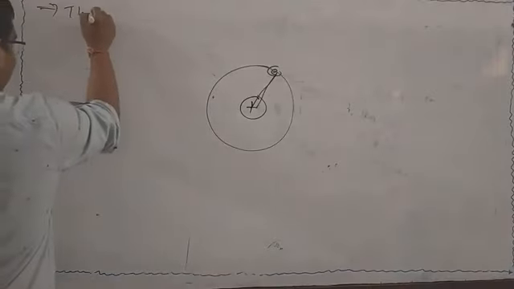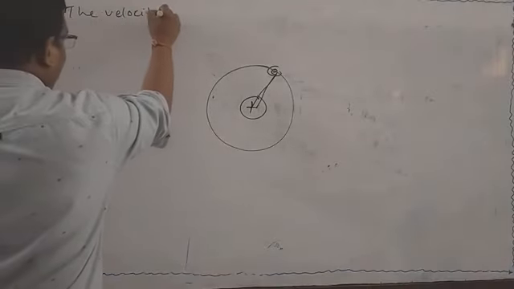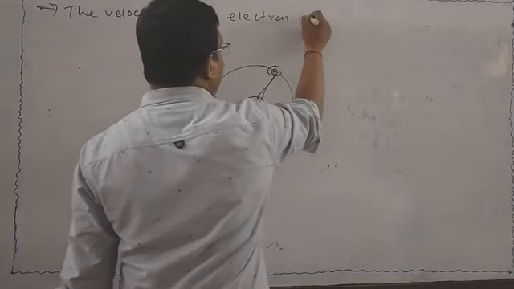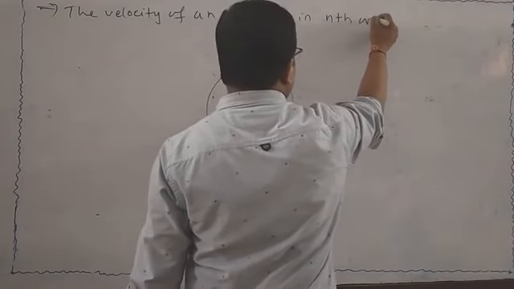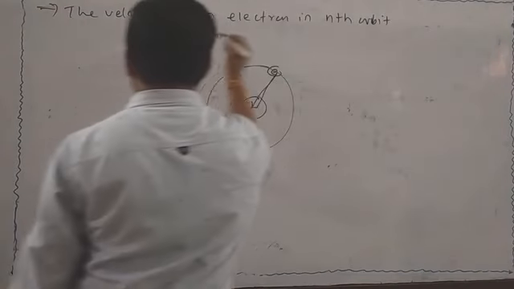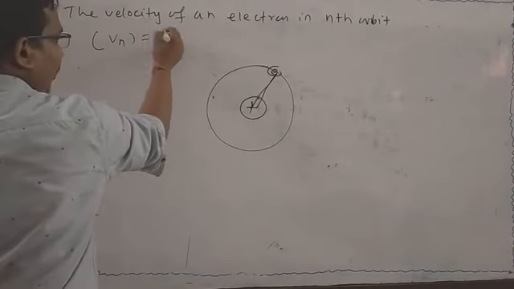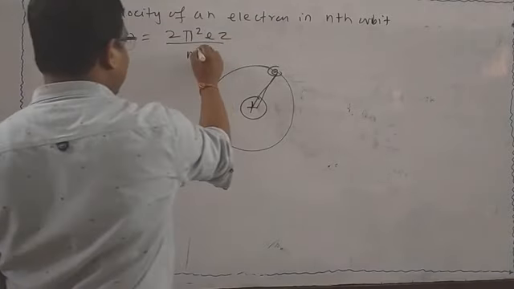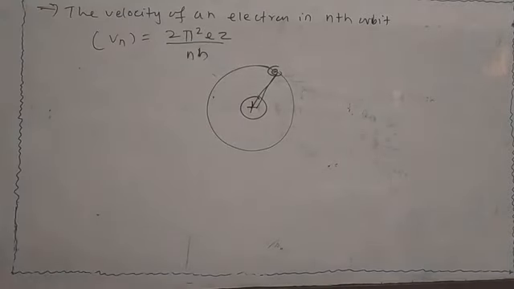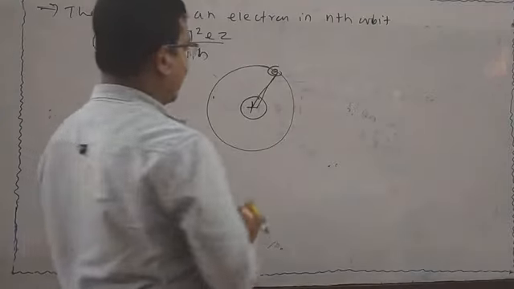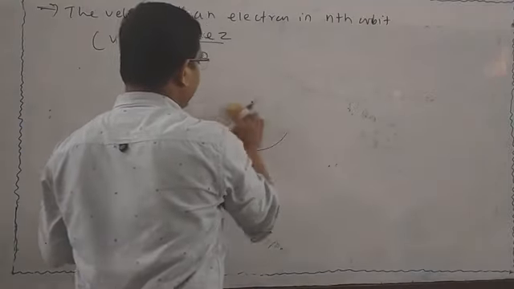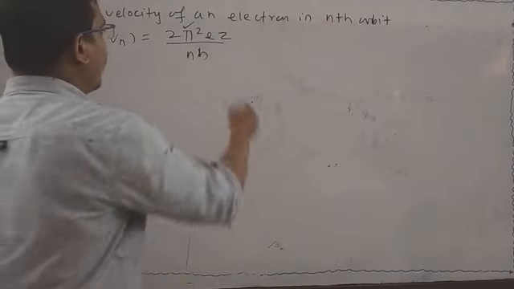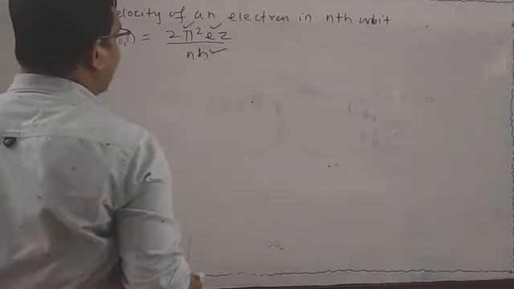The velocity of an electron in the nth orbit, that is Vn. Vn is equal to what is the formula? 2 pi square e square Z by n h. This is the formula for calculation of velocity of an electron in the nth orbit. We know the value of pi, value of e, value of h. By putting these values